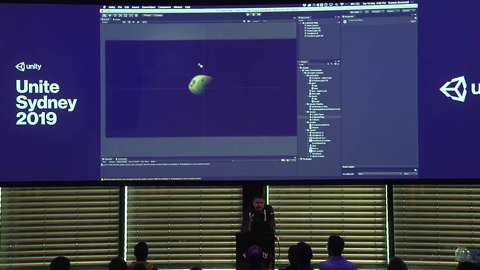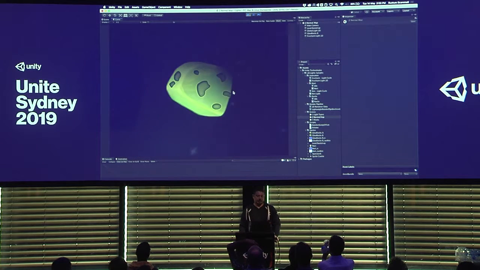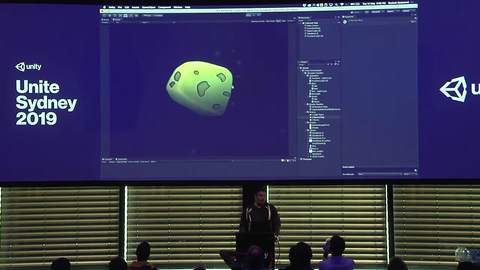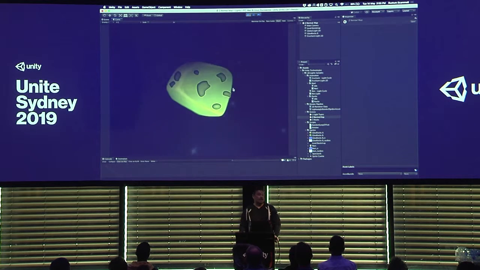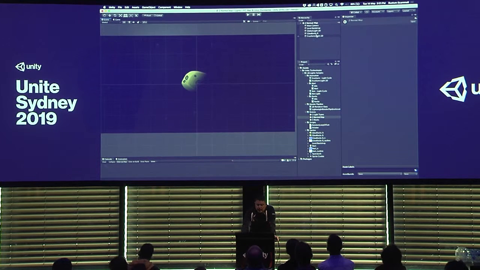So you've got something like this, right, and you've got your light kind of applied to this object. And it looks okay. But you want some depth in the scene, right? You want it to respond as if there is actual surface detail. So what we want to do there is we want to turn on normal maps. That's the first thing we do. So let's go to,